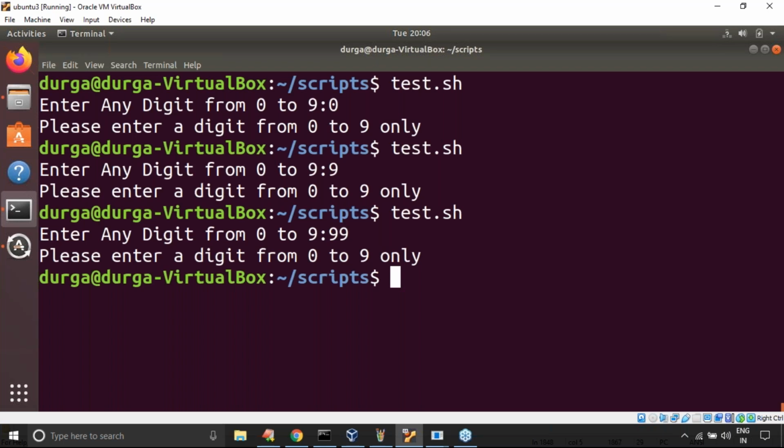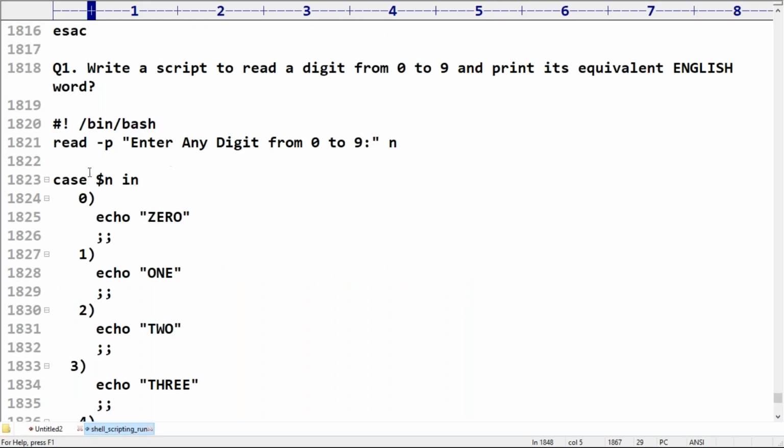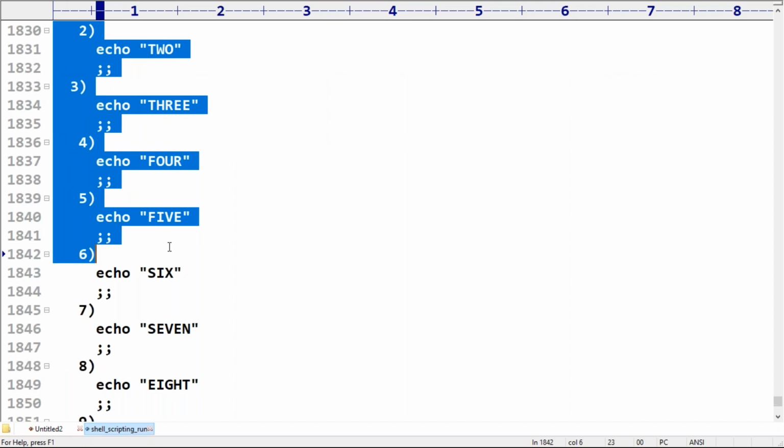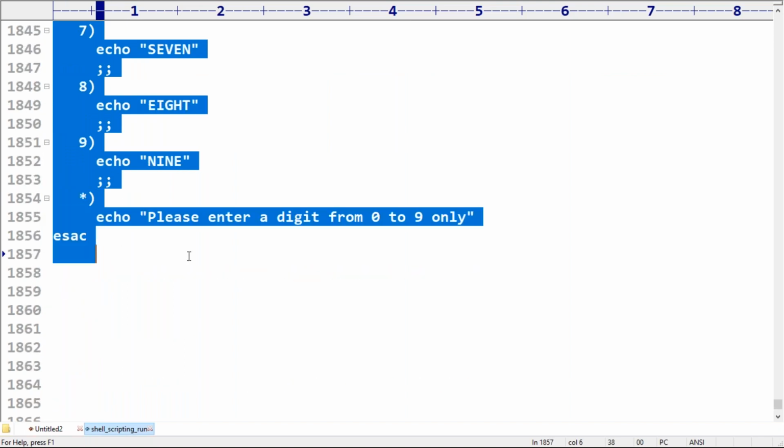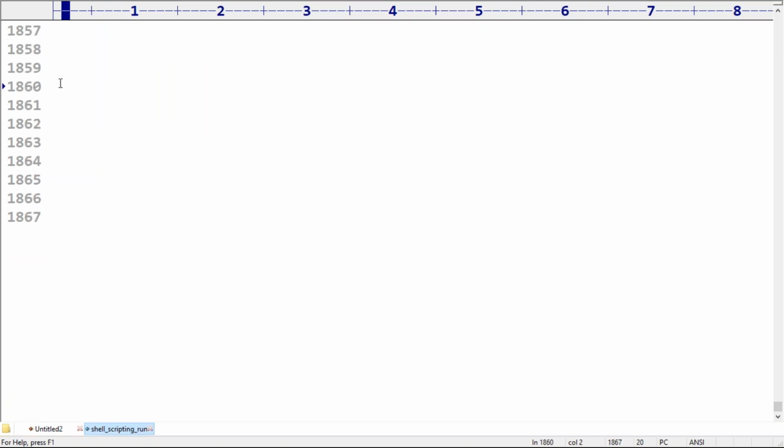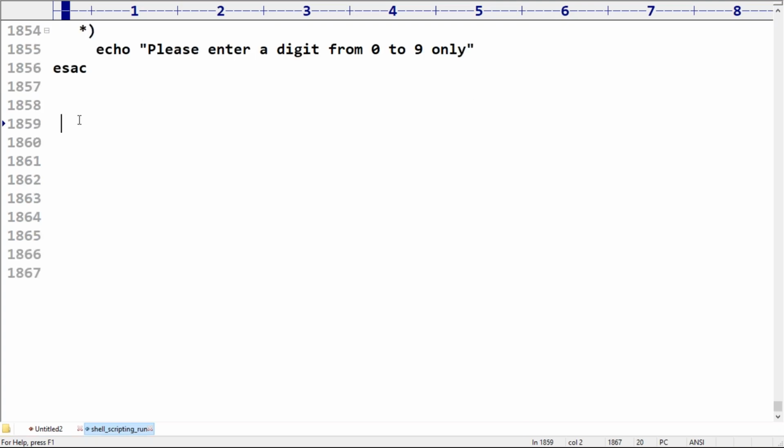Okay, so this is just based on this example. I hope you people are now perfect with the syntactical things related to the case statement. Multiple examples we will cover so that you get much clarity about this terminology. Now observe carefully. The next thing to take care of: assume this example we already covered with the if else statement, but now let me do it with the case statement.